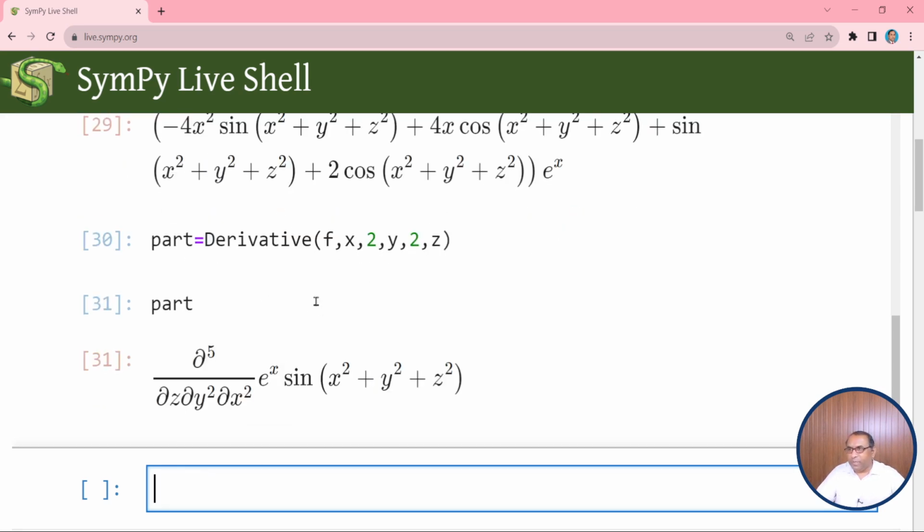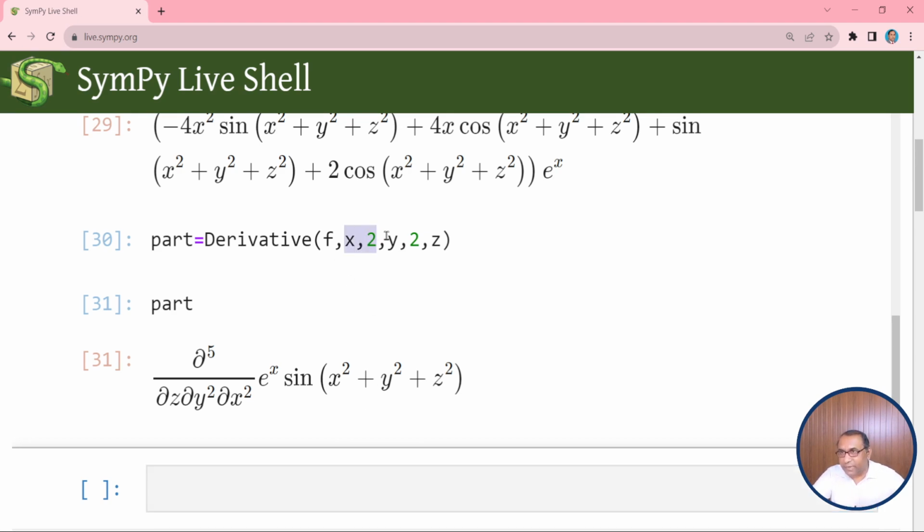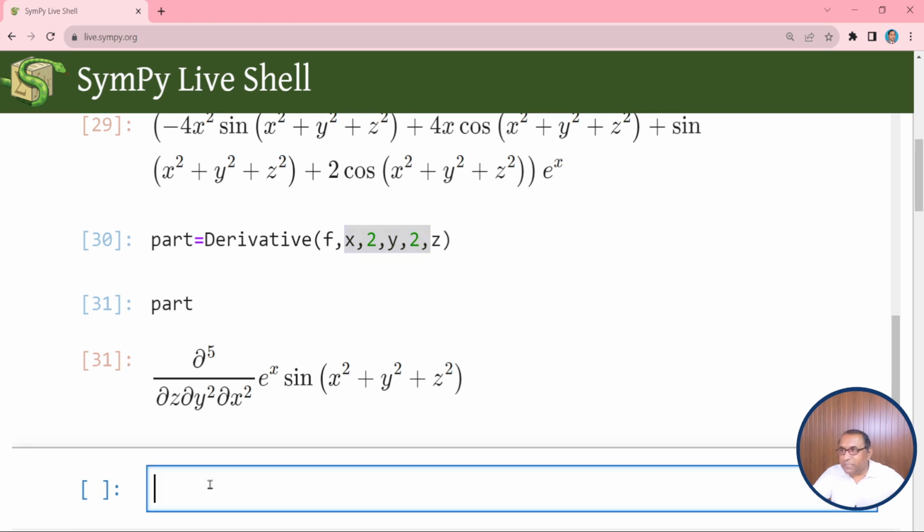So you can see at this place we have a mixed partial derivative, and the total partial derivative is 5th order, with respect to x 2 times, with respect to y 2 times, and with respect to z 1 time, as we instructed at this place. And further, if you want to simplify, we have to use the doit function. So the derivative dot doit